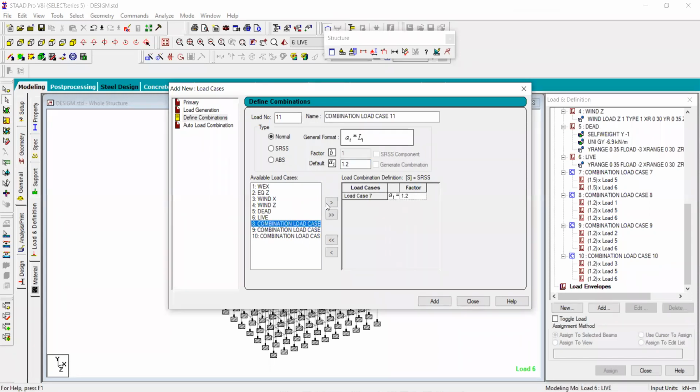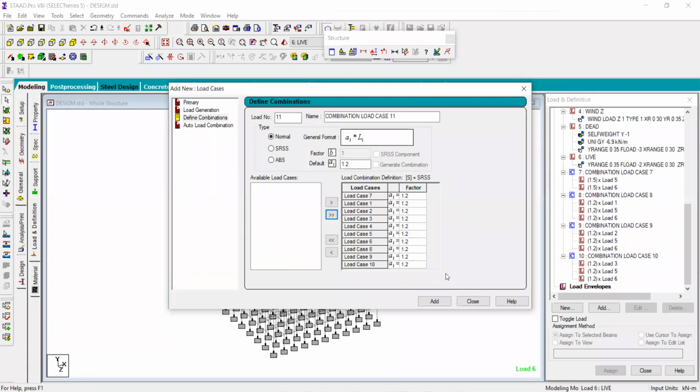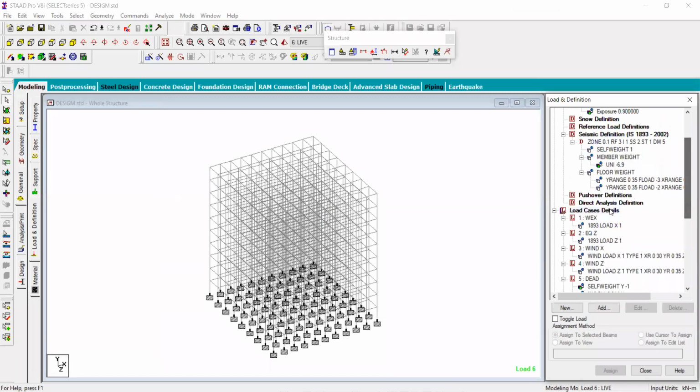Then move to these directions. Then there are combinations like 1.4 with earthquake load, wind load, and then there will be other combinations.